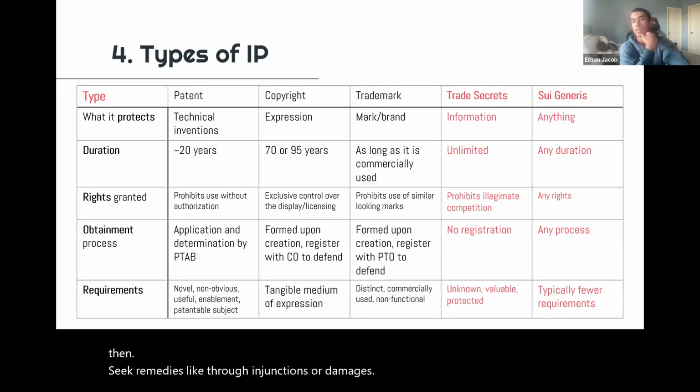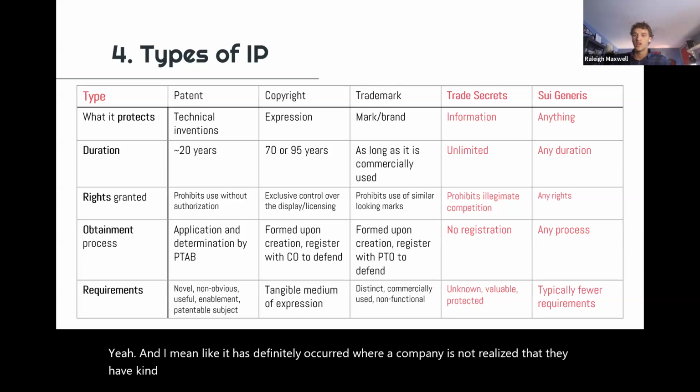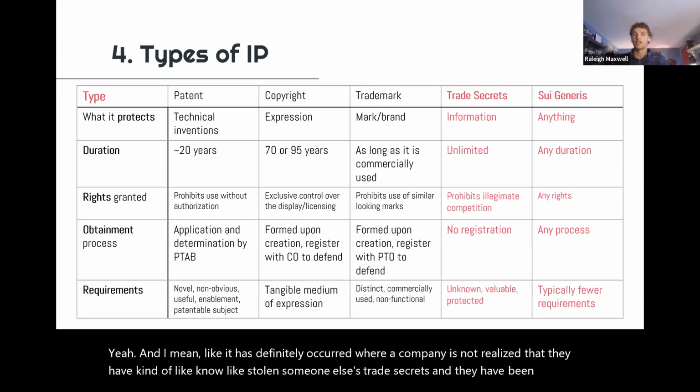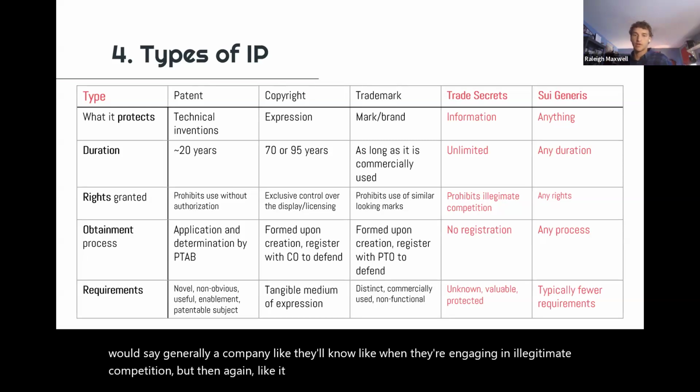Oh, okay. So other companies need to be careful on how they make their products sometimes. Yeah. And it has definitely occurred where a company has not realized that they have stolen someone else's trade secrets and they've been sued. But I would say generally, a company will know when they're engaging in illegitimate competition. But then again, it is hard to distinguish what is illegit and what is legit because